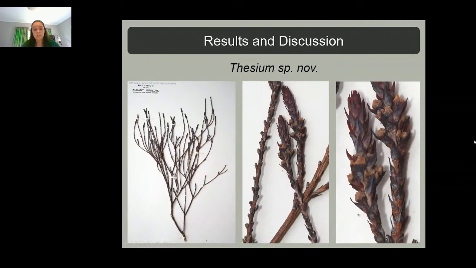And then another interesting thing that we came across while I was working in the Selmar Schonland Herbarium in Grahamstown was a specimen. It was something more or less between Thesium lisa-mariae and Thesium juncium, or maybe Thesium flexiosum. But it had these very distinctive dark, almost black bracts. So we only had one specimen of this species at the time. We went to